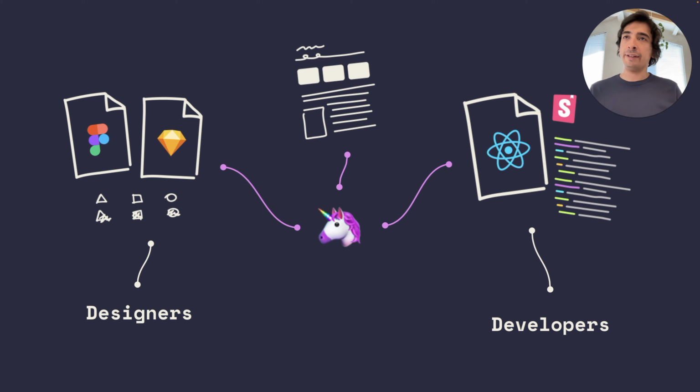Now, there are still things we need to do on each side of this equation, but everything is kept in sync, and this is the ideal state we want to be in, because with this state, if a designer tweaks the padding of a component, it would immediately be reflected in the code base and the documentation. Obviously, if you want to have more control over this, you can put a review process in place. So all of these changes would initially be proposed, kind of almost like pull requests. Then they get reviewed and they get published.